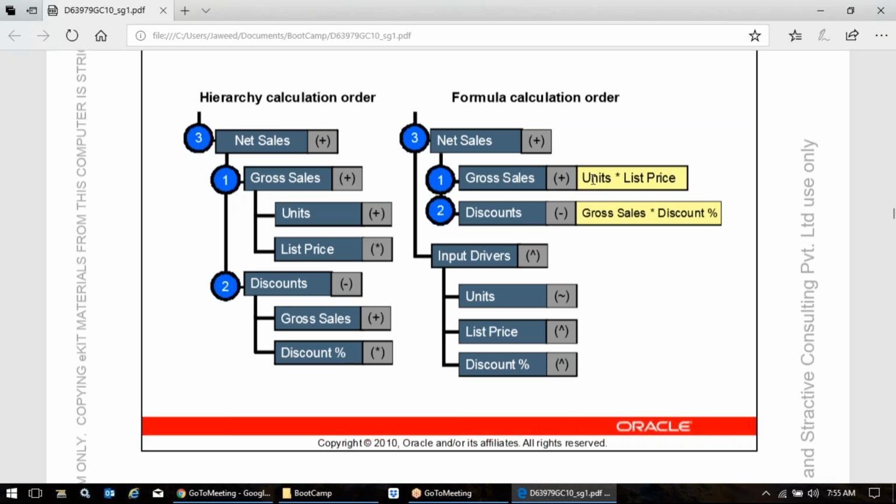I prefer this formula calculation order. I personally prefer this. The reason is simple: you have the logic here. When you're implementing some logic on the formula calculation order, you know how you're using these members,